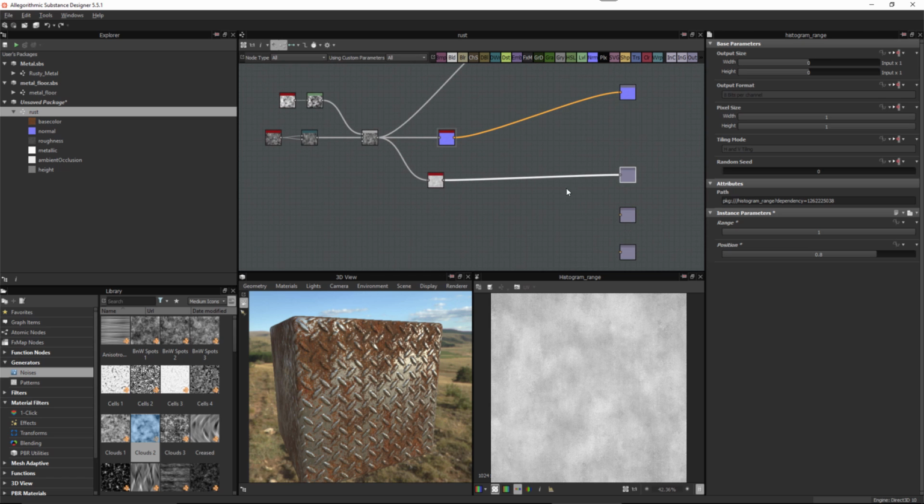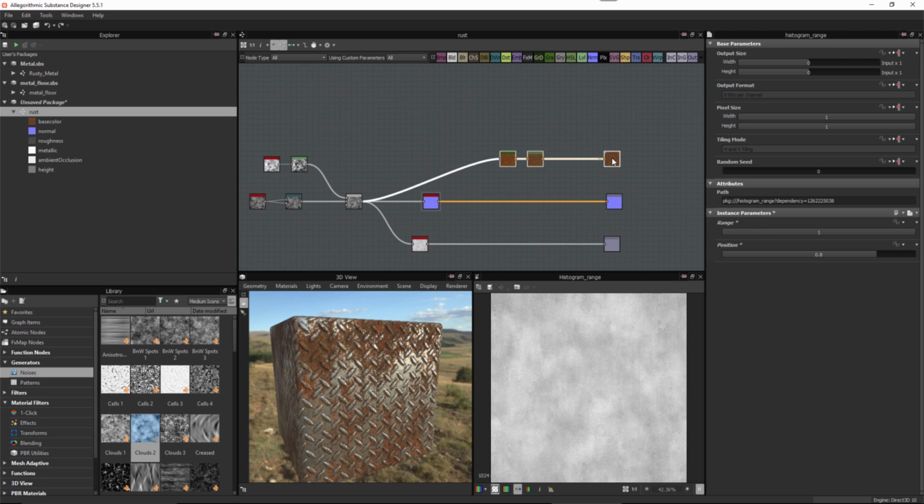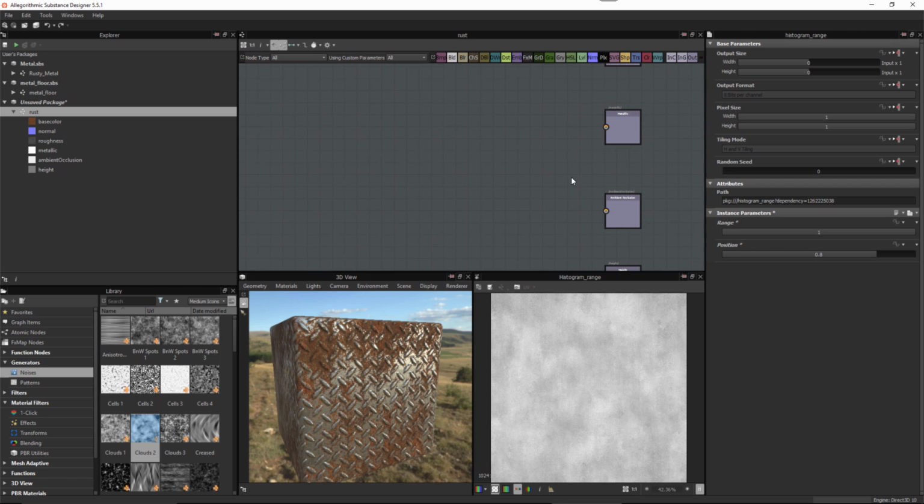So here we go. We're starting to get this kind of shape up. We'll start to view this here in our 3D view in just a moment. Let's just organize our graph. All right, last thing we need to do before we can really view this in our 3D view,